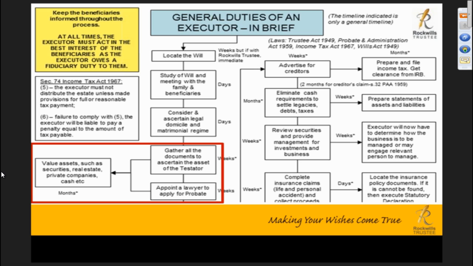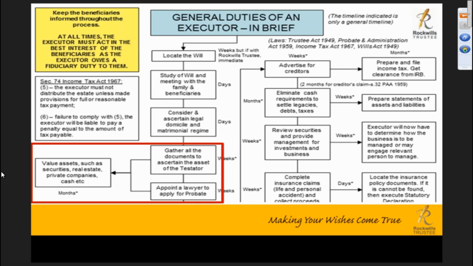We will look at gathering all relevant documents to ascertain the assets of the deceased. This can only be done with the help of the family, who provide us the bank account statements and whatever other title documents they can get hold of, so that we can prepare a list of assets when we apply for probate. Without this list of assets,